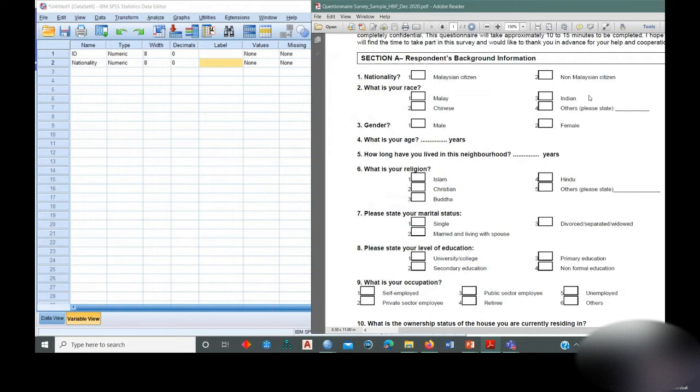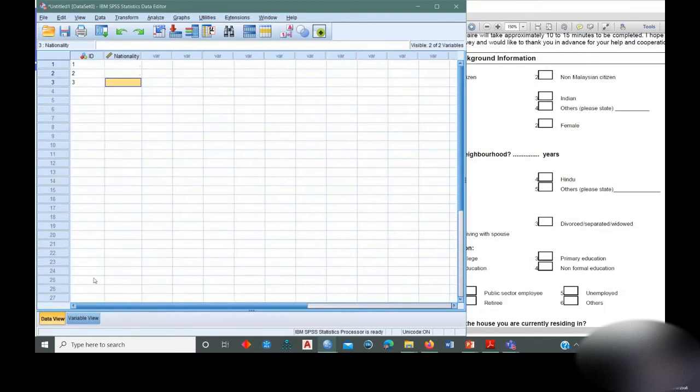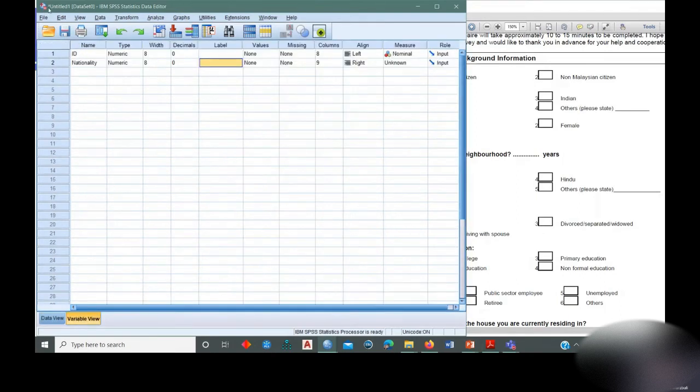It's better we define our categories in our variable view, and then when we are going to enter the respondent responses over here, we just use numbers. So we don't have to type anymore, right? Okay. So in order to do that,